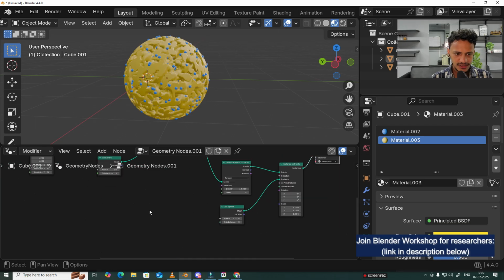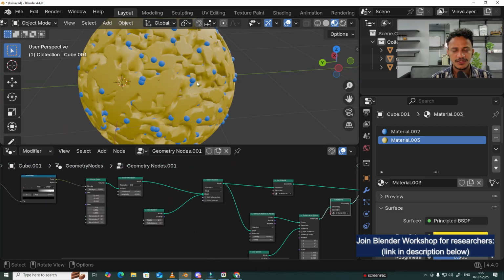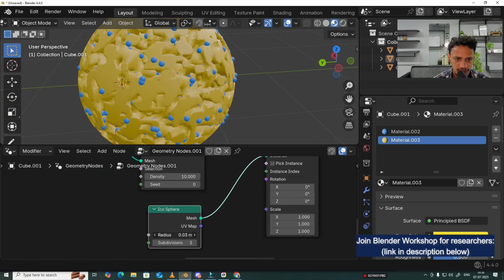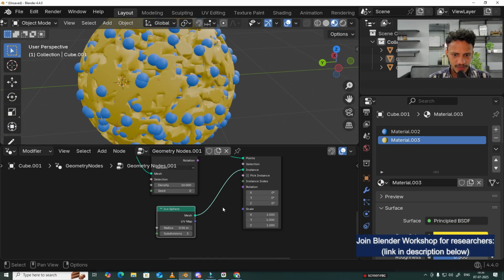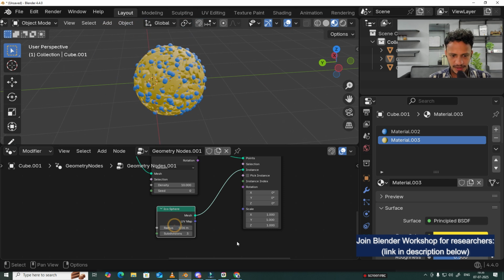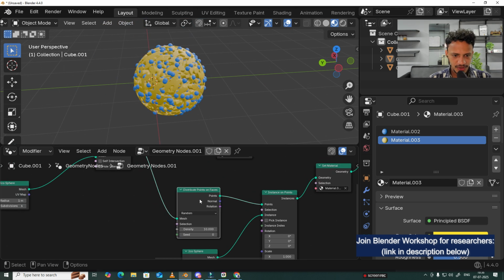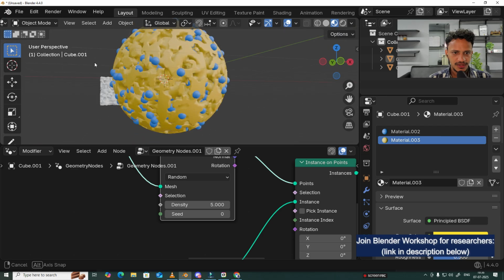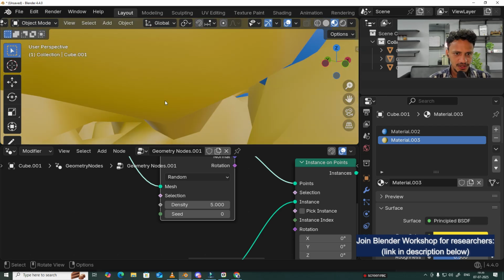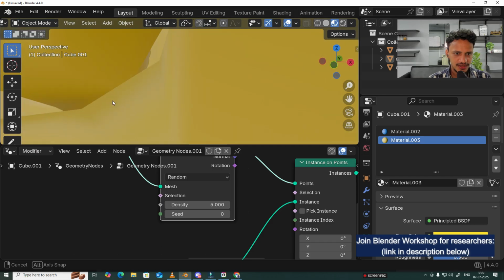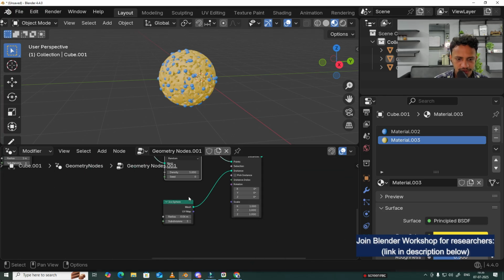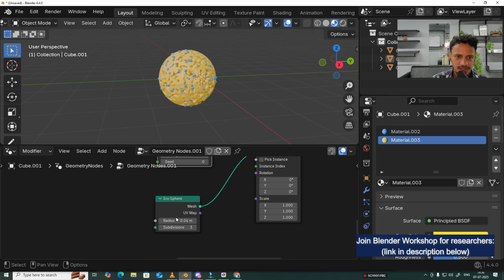Once you have created it, you can change everything. For example, you may need to increase the size of the small spheres, where you have used this tiny icosphere. If you increase the value here, see, it gets bigger. If you want to increase their number, there is something known as density, right? If you reduce the density, see, the number got reduced. By the way, the spheres are even inside the pores. How cool is that? Okay, now I'll reduce the size a little bit